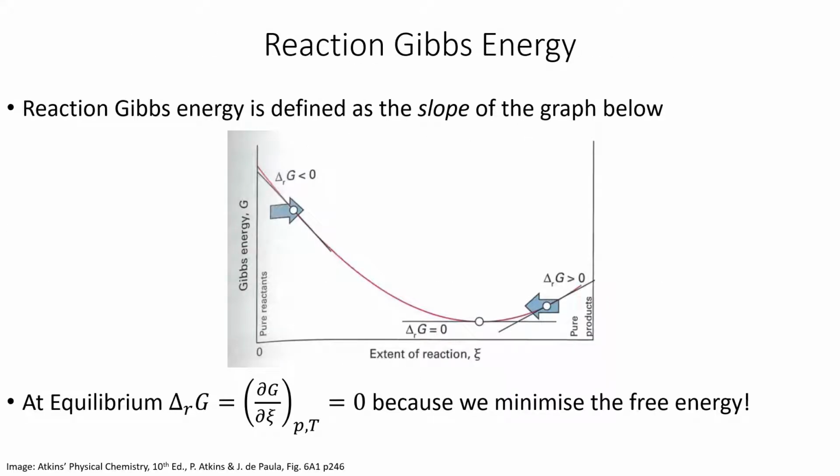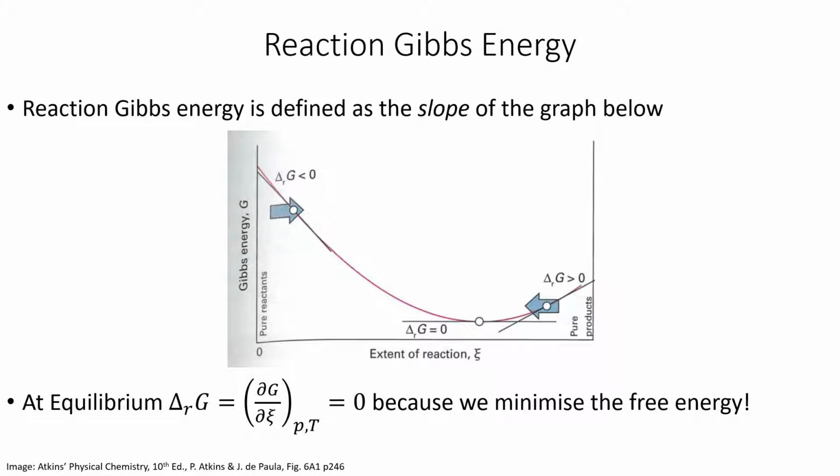All right. The reaction Gibbs energy is defined as the slope of the graph below. This graph you can go and find in Atkinson's physical chemistry, and I think this is very useful visually to see what happens. The extent of reaction chi: you can have zero extent from the one end, and then completion on the other, which is where you would have products. But the derivative of the Gibbs energy with respect to the extent of reaction will equal zero at equilibrium,